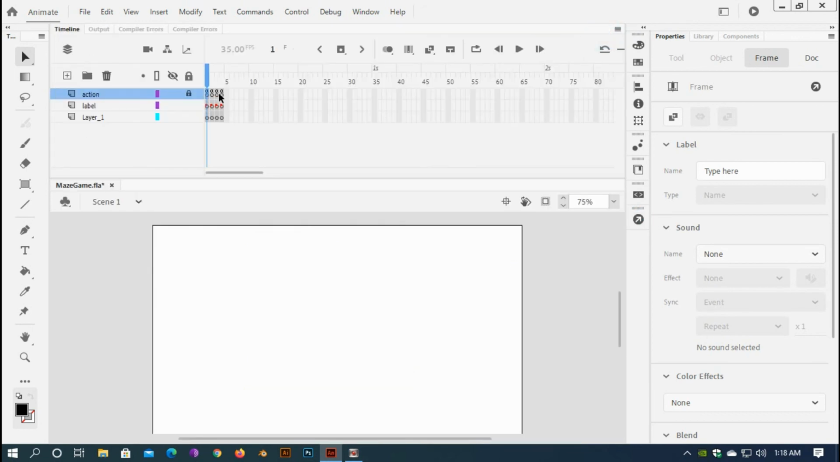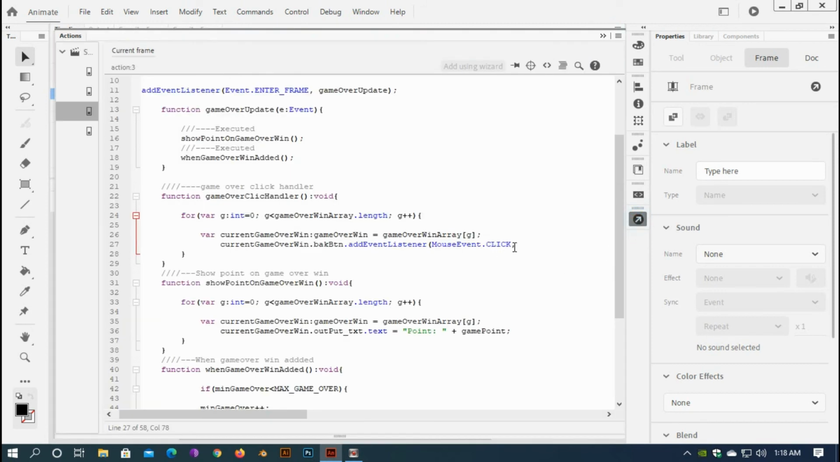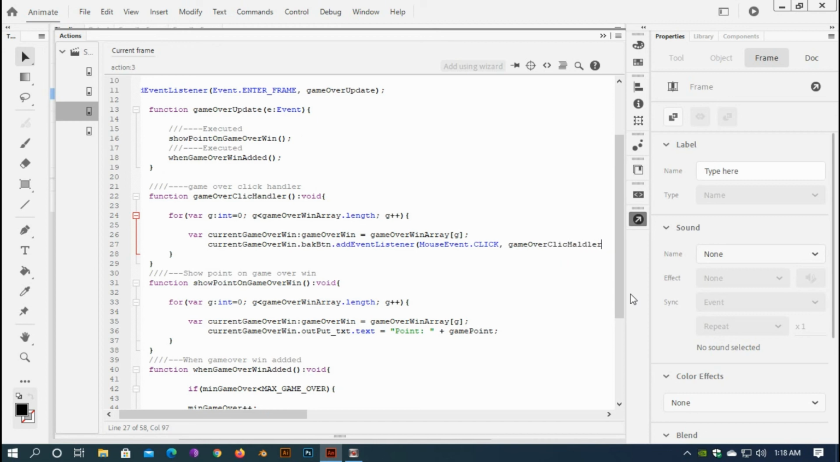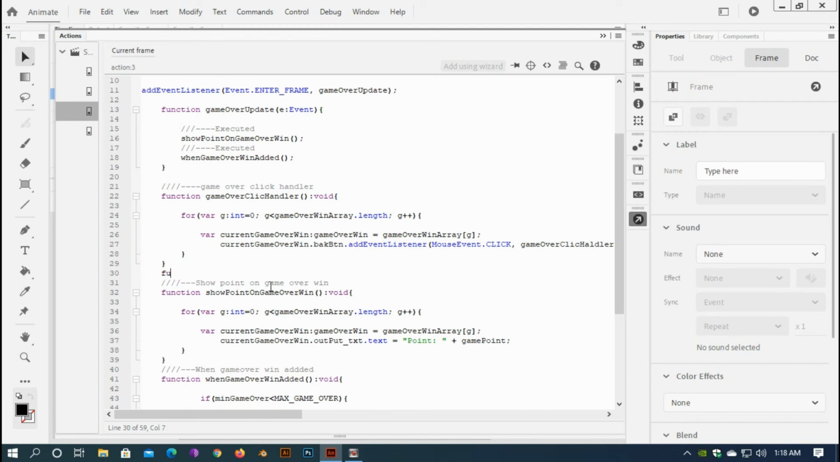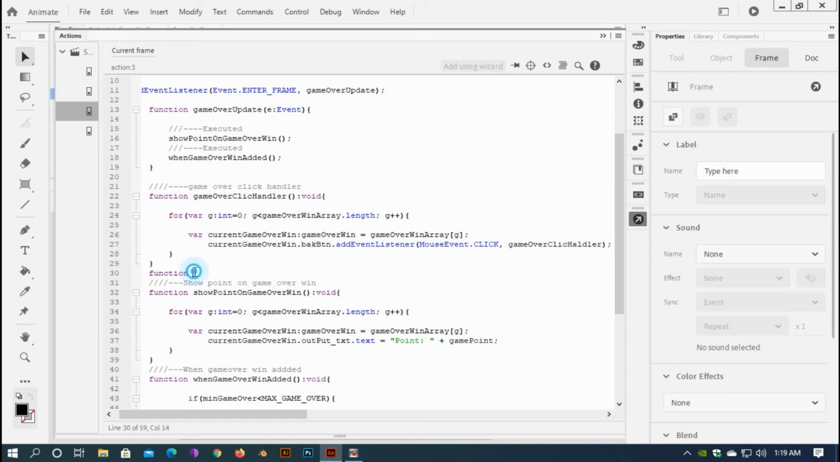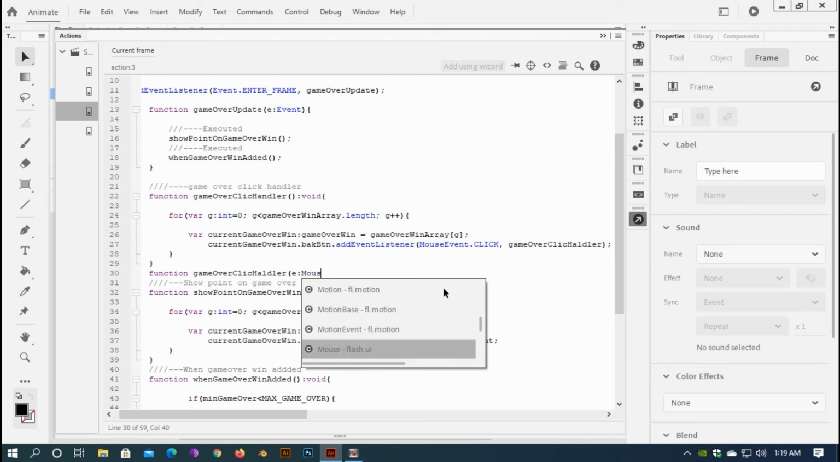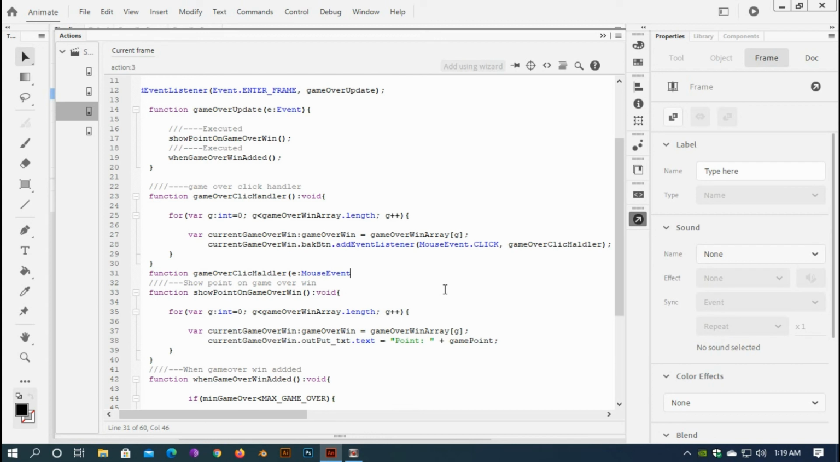So here I'll type game over click handler, and here I'll type function game over click handler, event, mouse event,